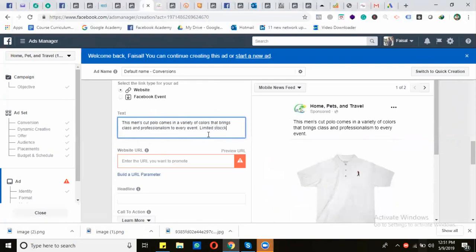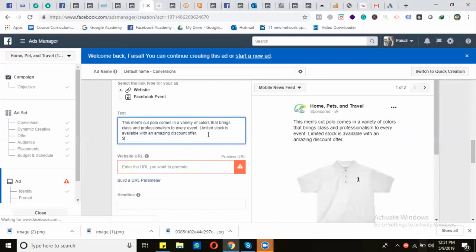Limited stock is available with an amazing discount offer. Shop now.